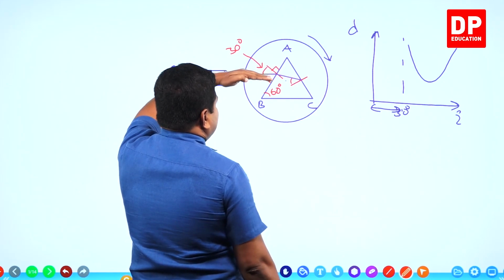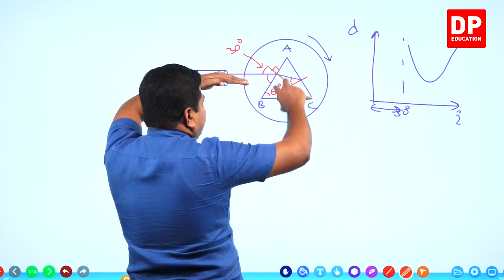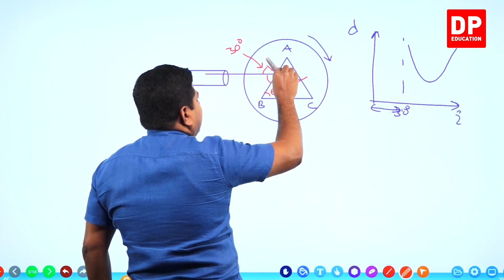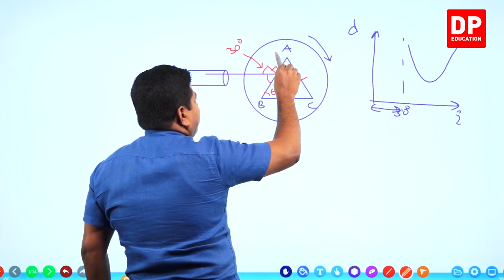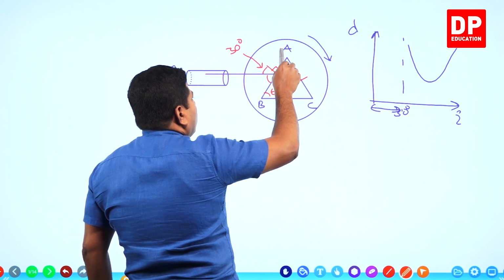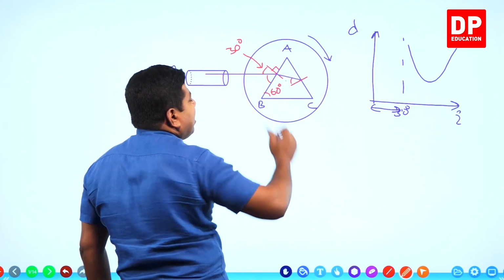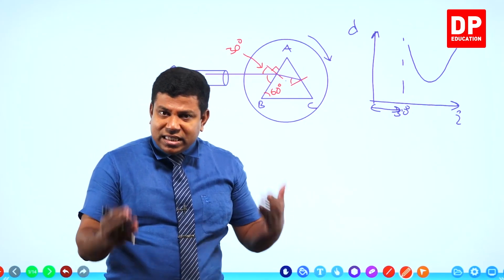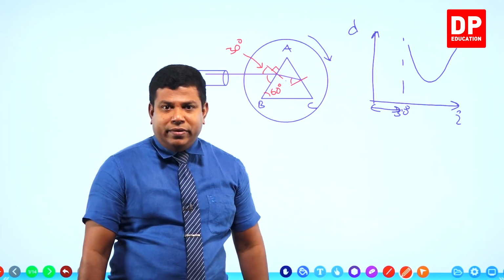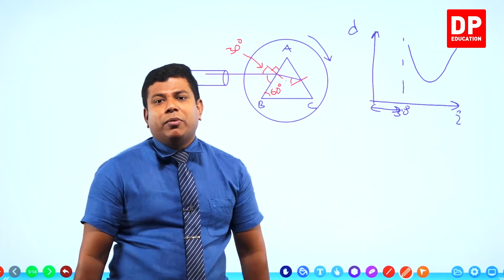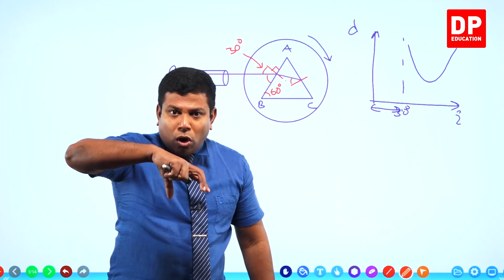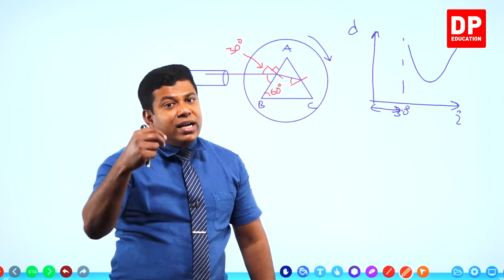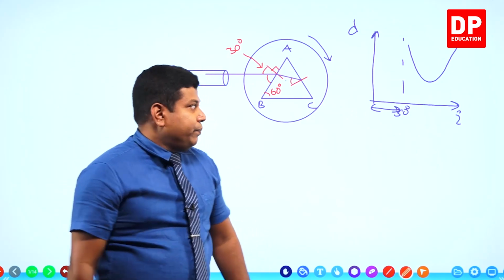So, the ray doesn't change. When this table is rotated, which means the prism is also rotating, this line will get rotated clockwise. That means the normal, when the normal is getting rotated clockwise, what will happen to this incident angle? Incident angle will increase. This is what we are going to do in this experiment. Starting with an incident angle of approximately 30 degrees, you rotate the table, which means you rotate the prism such that the incident angle increases gradually.